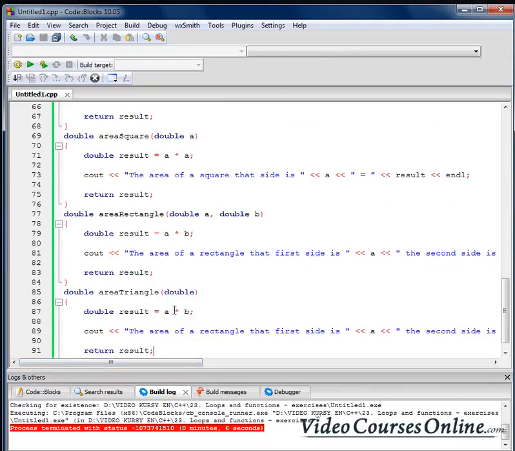And now the triangle, so it is 1 divided by 2, but remember that we need